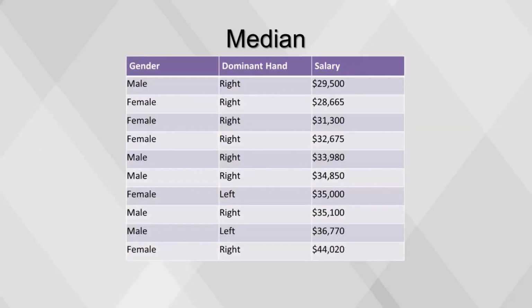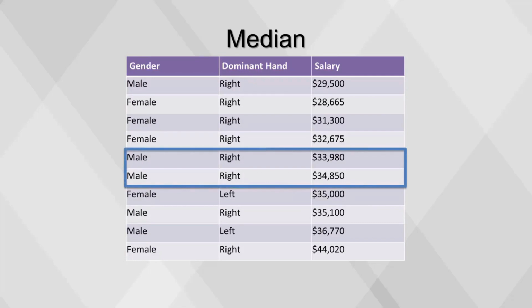If there are an odd number of rows, there is one middle value. If there are an even number of rows, there are two middle values, and the median will be the average of these two values. Here we sort the table by salary, then find the average of the two middle values by adding $33,980 to $34,850 and dividing by 2 to get